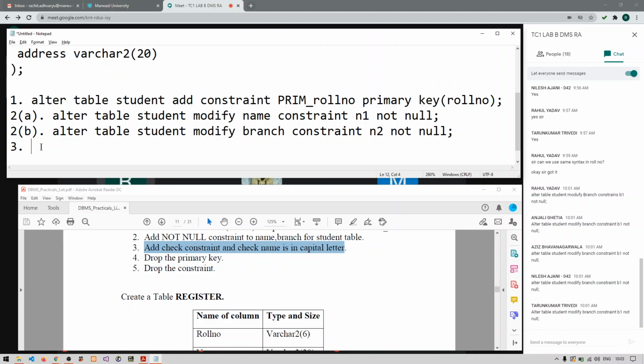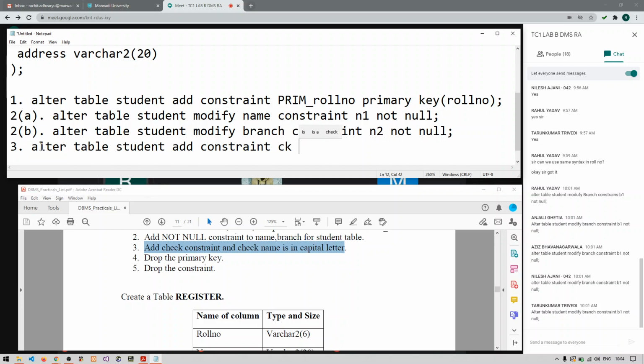So I want to add a check constraint. I need to check the name should be in capital letters. So what I will do: alter table student, right? And because I am adding a check constraint, I will use add, then the keyword constraint, and let us say the name of that constraint is ck.